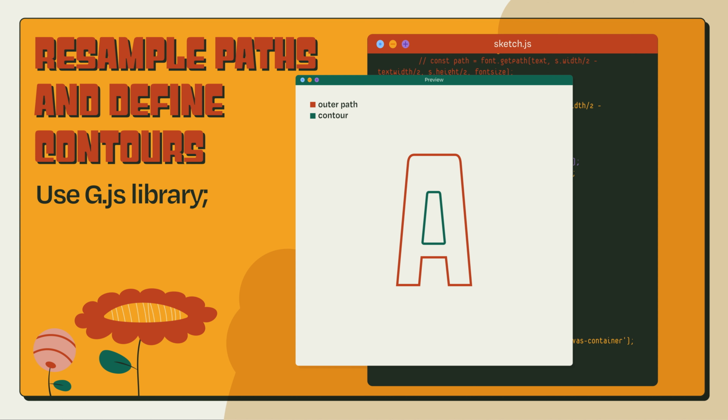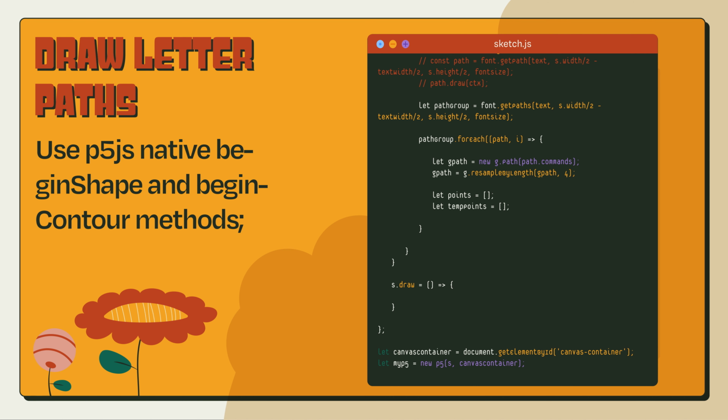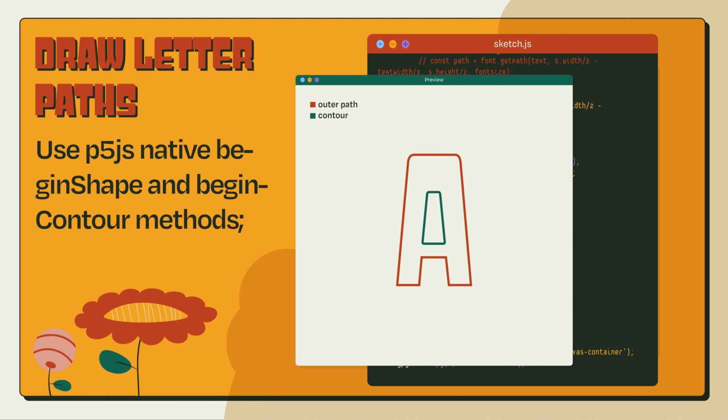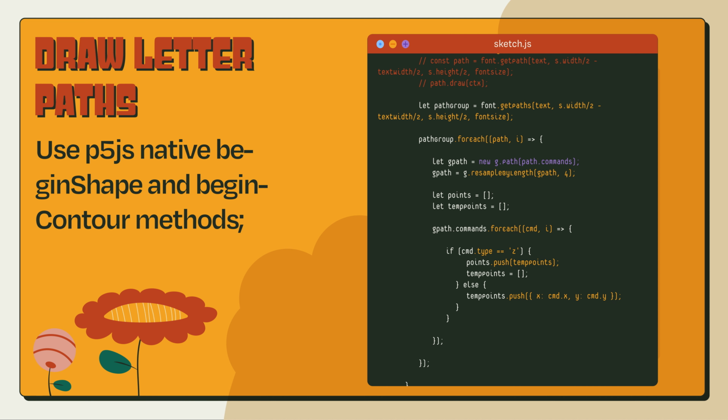array of arrays. 2. Create a temporary points array to store the separate letter paths. For the letter A, the temporary array will be used twice, for B 3 times, and for C once, and so on. 3. We loop until a condition stating the letter paths are closed is met. That conditional checks if the command type is C, which in SVG means a closed path. Following our example with the letter A, this will look through the letter's points and check if it's the closing